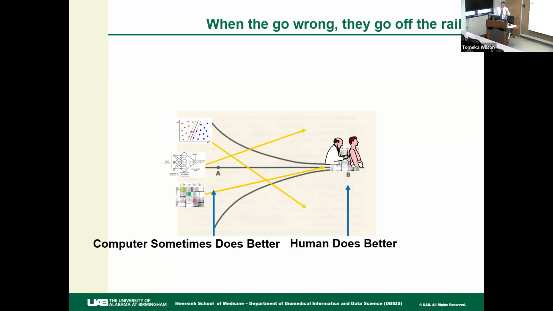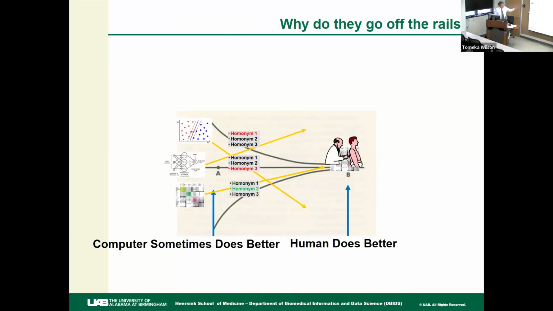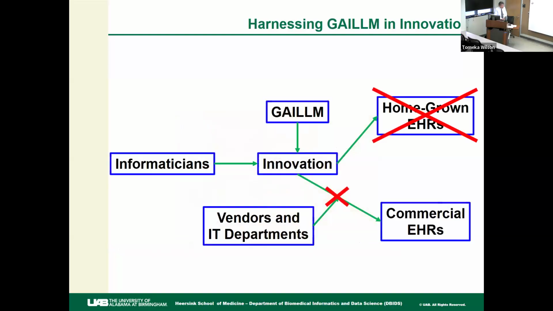You say to them, are you sure that's right? And then they'll say, oh yeah, you're right, it really is this thing. And then they'll get back on track. But if they're left to their own devices, they will just keep going further and further off track. Why do they do that? It's because if we call them homonyms, where they're using these tokens, for any given set there might be more than one that they use, and one might be correct, the others might be slightly wrong, and then they pick the next one and the next one and get further on.